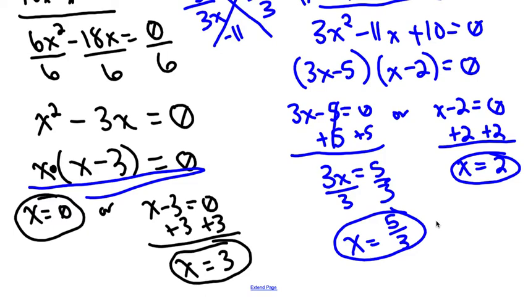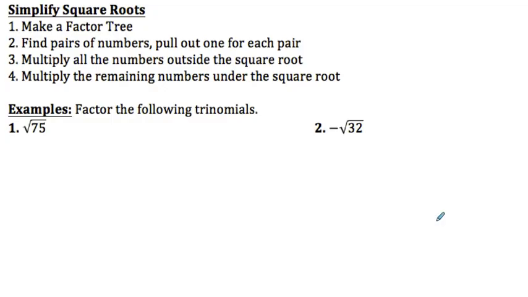Alright, now getting into our simplifying square roots. You have a couple different ways you can do this. Probably in Algebra 1 you did a factor tree. Anytime you saw a pair you pulled that out, multiply the numbers on the outside, multiply the remaining numbers under the square root, and you most likely went through it like that. For